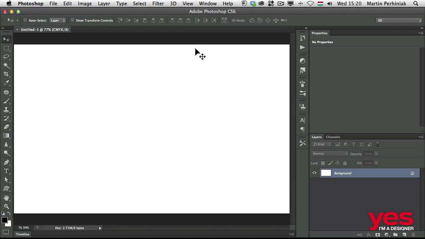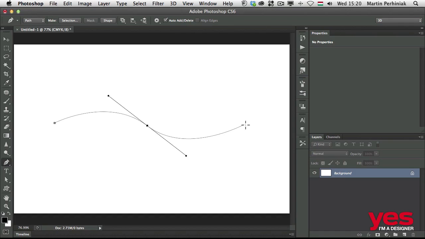In this video, we are going to use the type tool and the pen tool together to create custom typography. It will be type on a path, but first of all we have to create the path itself, and that's why we are going to use the pen tool. So the pen tool set to path mode, and then I am going to just simply draw a wavy line